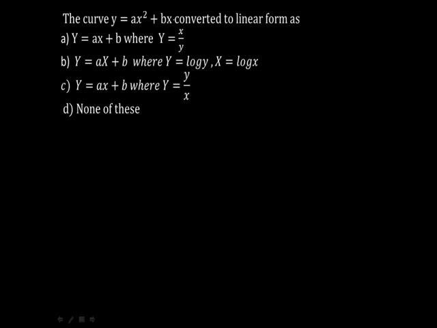We have to reduce the power of x by 1. So we will just divide this by x. The given equation is y is equal to ax square plus bx. If I divide this by x, the power of x will reduce, giving a linear equation, that is a straight line. That can be done in the case of the equation of a parabola or some other equations also. You just have to concentrate on how to reduce the given power to power 1.